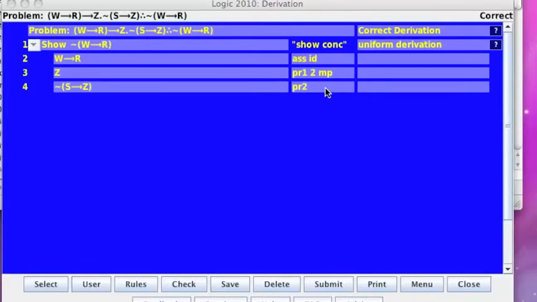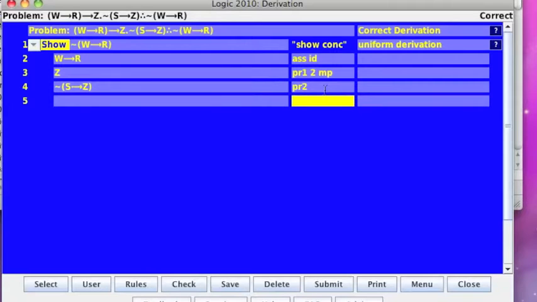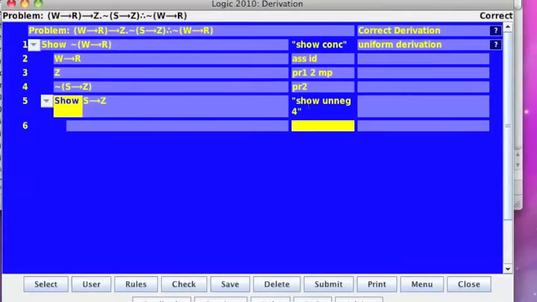Let's look briefly at the rules MC1 and MC2. These are called derived rules. You'll notice that at this stage of this argument, which I did in another video, you need to derive the negate of the negation in line 4. That is S arrow Z. And one way to do it would be to show a neg line 4 and then just bring down 3